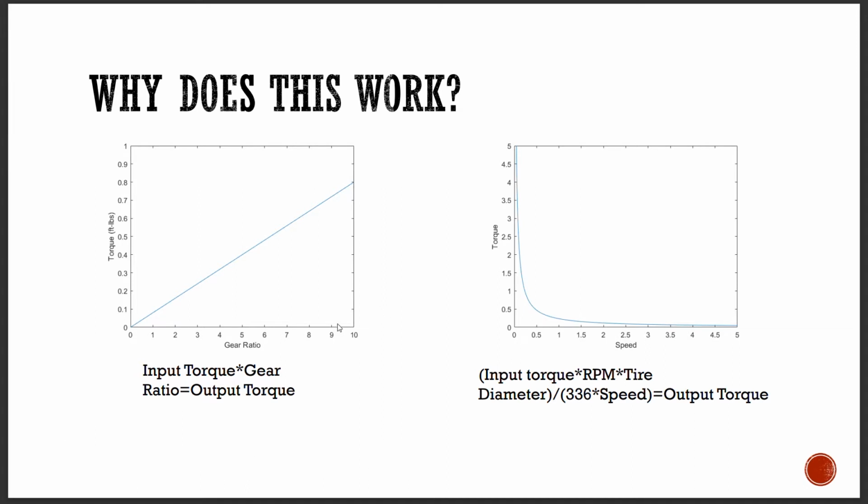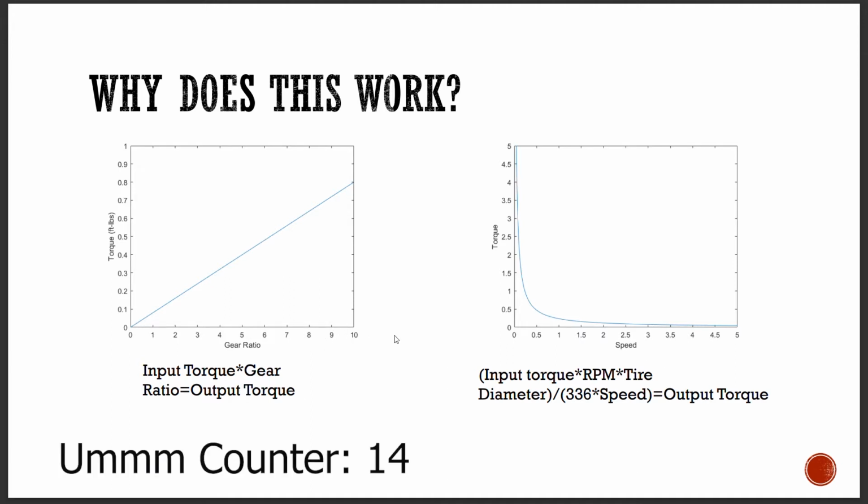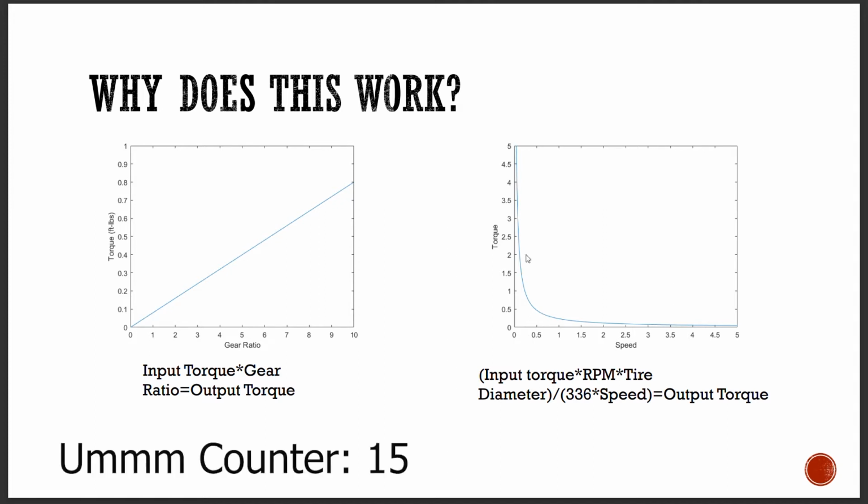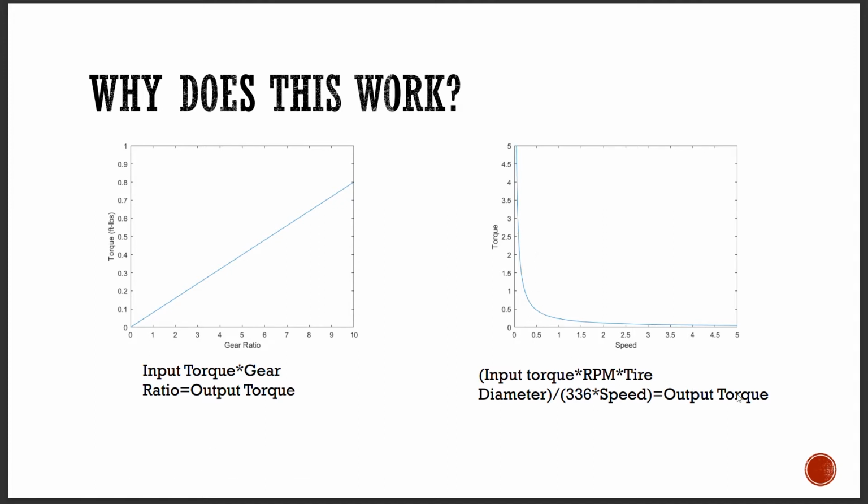If that didn't quite make sense, here are the graphs that I think help visualize it a little bit better. This graph on the left is just the graph of the function of our input torque times our gear ratios. That gives our output torque. So the larger our gear ratio is, the more output torque we get. And then on this side, we have the relationship between required torque at a constant speed. For example, in our case, manipulating the differential governing equations as well as the vehicle speed versus gear ratio equations, which we looked at the beginning of this presentation,